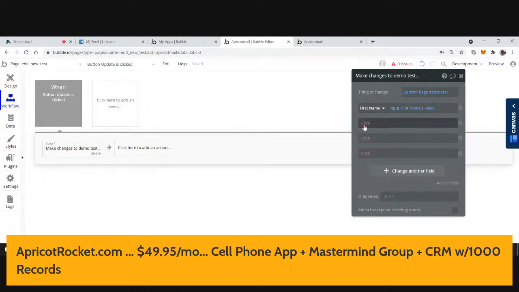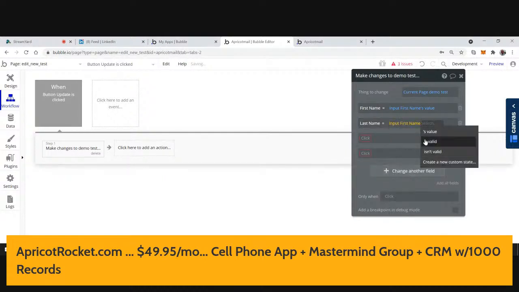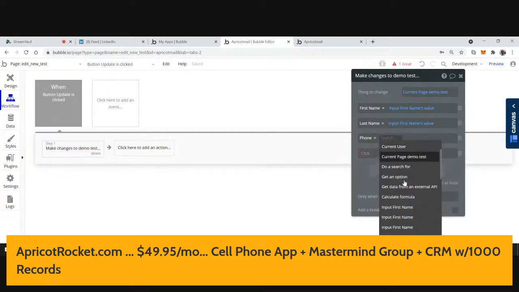Now we're going to change the last name to the input last name value. We're going to change the phone number to the input first name. Oh, we got two input first names. Okay. We're going to come down here to the input. Where's the phone number?